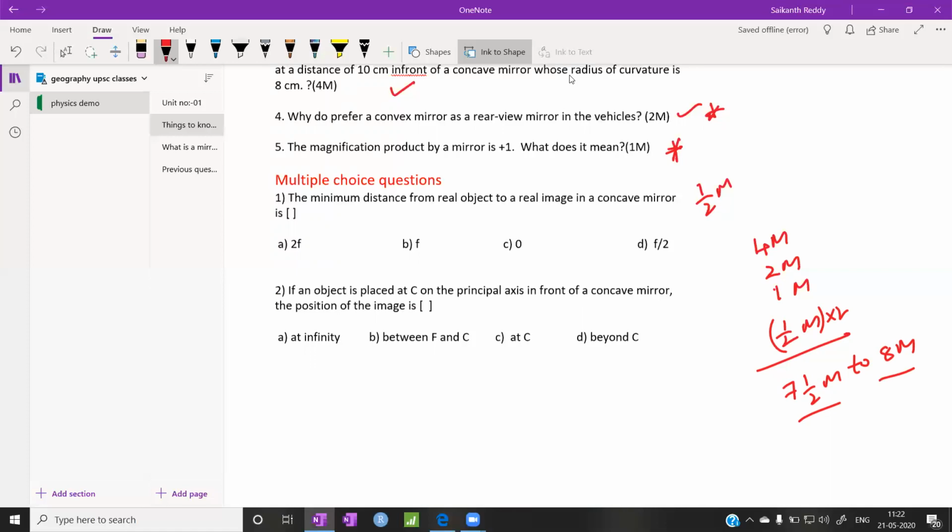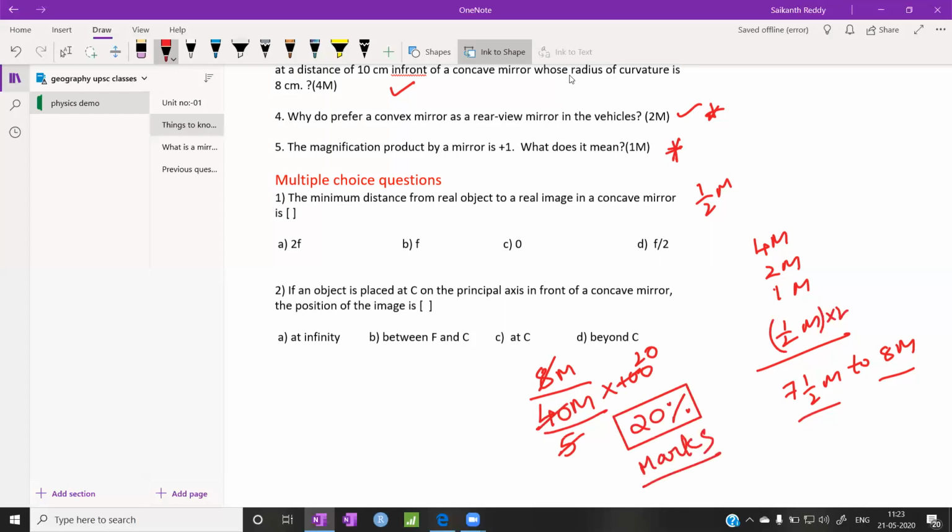Regarding the weightage of marks, the exam is for 40 marks, my dear friends. Out of 40 marks, you may be getting around 8 marks. Tell me, how much is the percentage? 8 fives are 40, so 1 five is 5, 5 twenties are 100. There is a chance of 20% marks you can score from this.